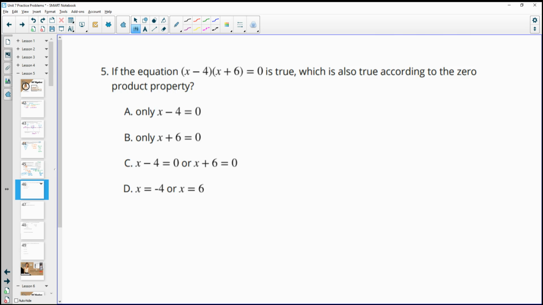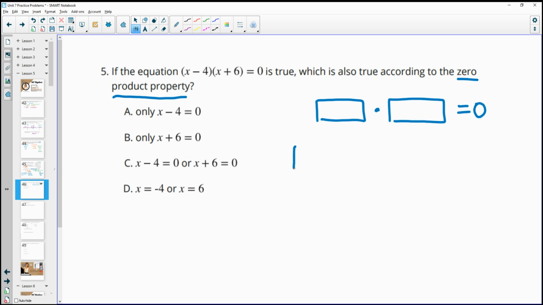Number 5, if the equation x minus 4 times x plus 6 is true, which is also true according to the zero product property. So remember, the zero product property says that if we have two quantities or more that are multiplied by each other and they equal 0, then one of these factors, or both, has to